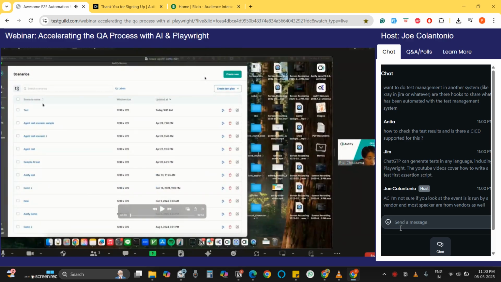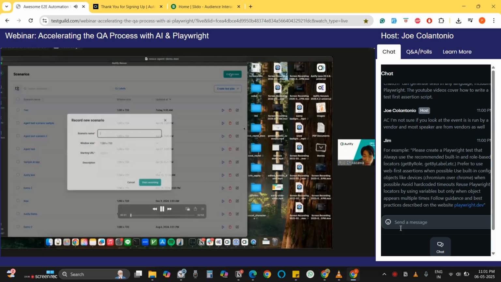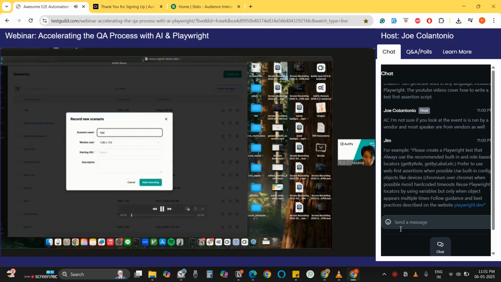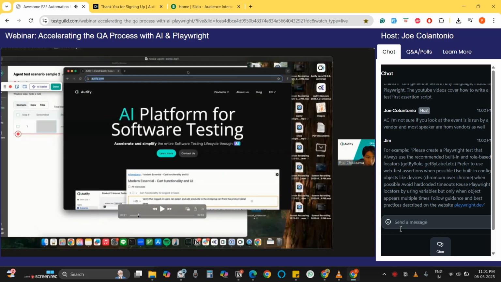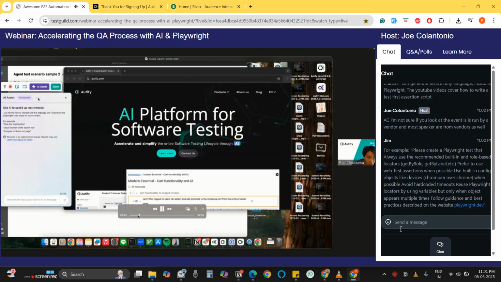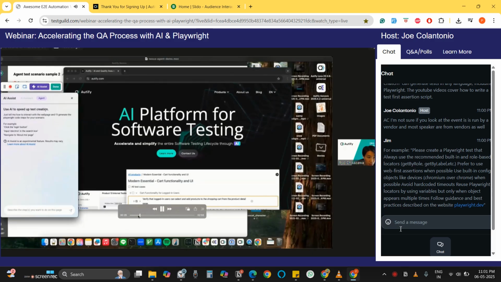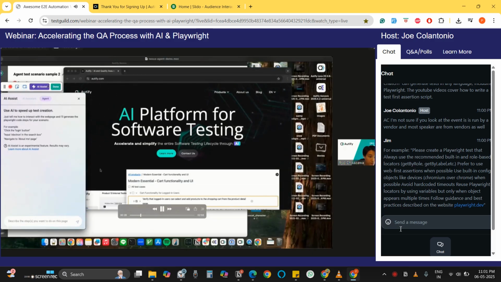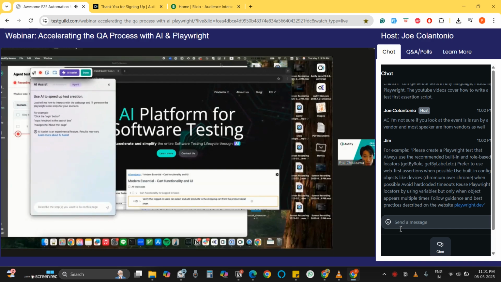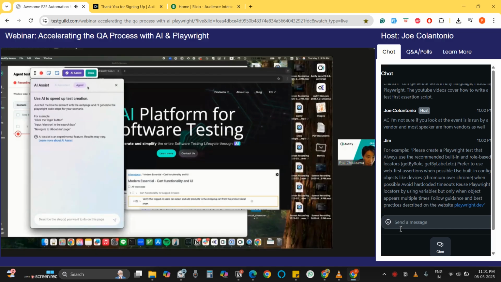Can you see my screen? Okay. Yes. So this is actually the next version of Autify Nexus, which will come out pretty soon. The basic experience is the same, but now it has the so-called agent feature on this tab, where you can put a higher level task to the agent,